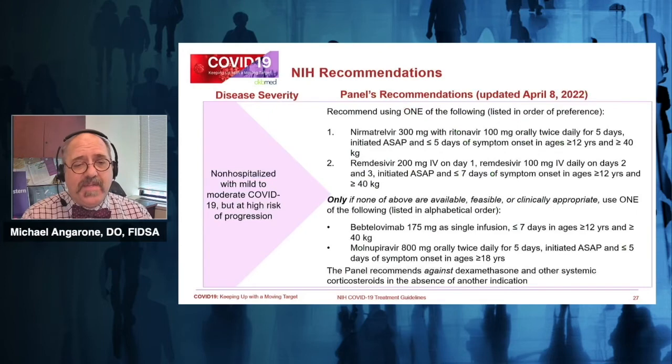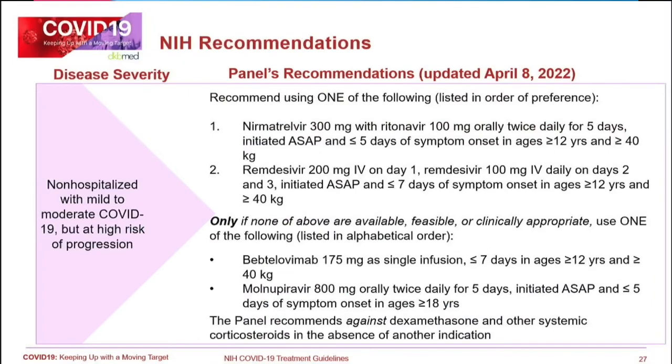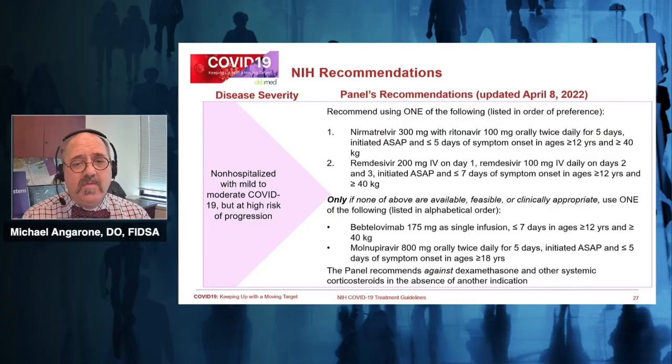And so as we look at the different therapies for the outpatient, I think starting with the current recommendations, and then we'll talk about each one of these therapies. This is the most up-to-date NIH recommendations for non-hospitalized individuals with mild to moderate COVID-19 that are at high risk for progression to more severe disease. The primary recommendations are treatment with 2 direct-acting antivirals, so either nirmatrelvir, ritonavir, that's given twice daily for 5 days,